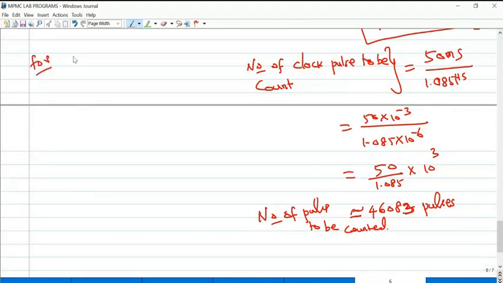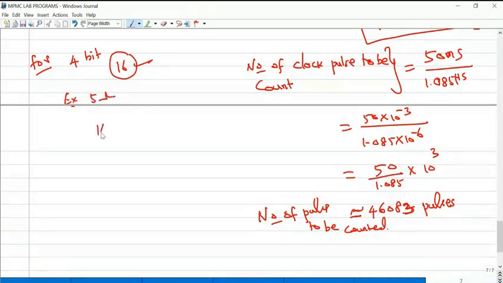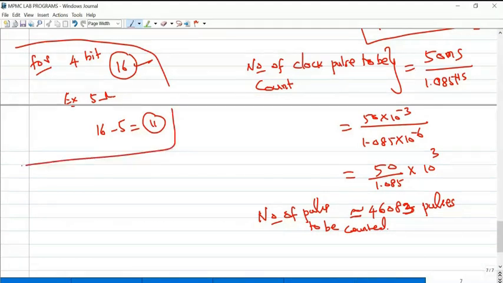Simple example: for a 4-bit counter, the timer counts 16 clock pulses in total. I need only 5 clock pulses counted, so maximum count minus desired count gives 11. I need to load 11 on the counter, then I will get exactly 5 counts: 12, 13, 14, 15, 16. That is 5 counts, and on the 17th clock pulse it will be reset again.